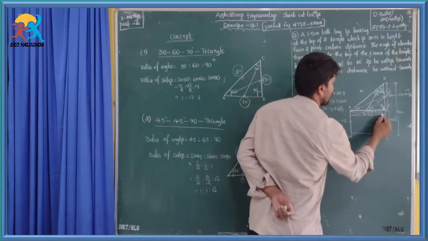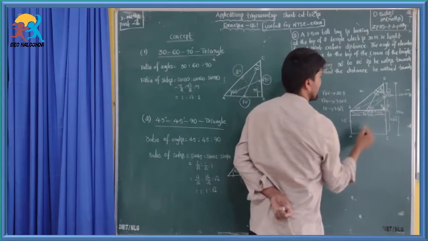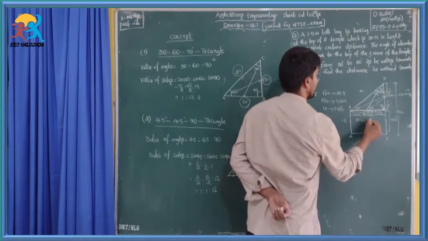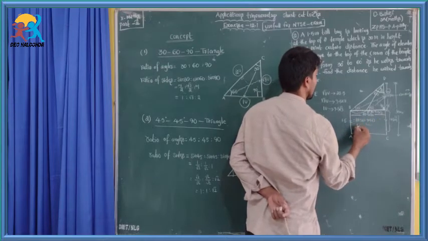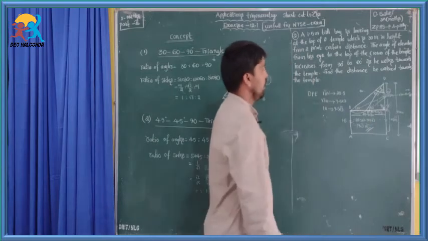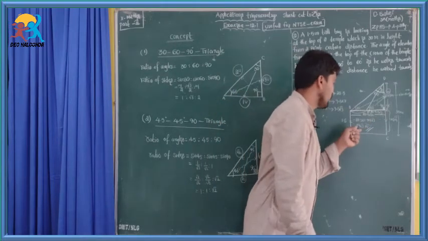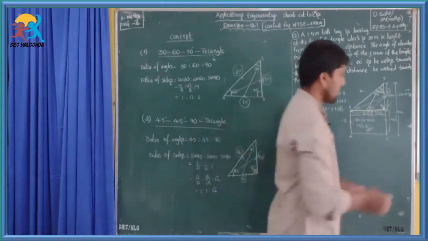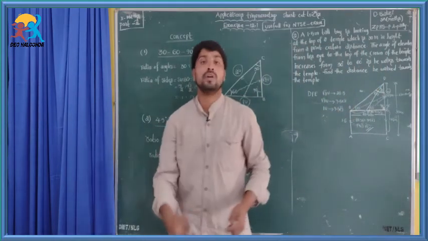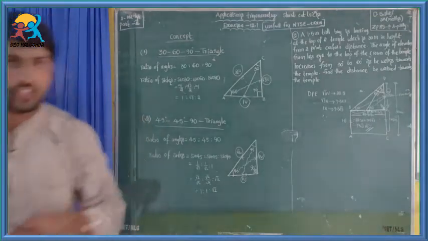Now we have to find this distance. Total is 28.5 root 3 and this one is 9.5 root 3. Subtract 28.5 root 3 minus 9.5 root 3. We get 19 root 3 meters. This is the distance the boy walked, BF equals 19 root 3 meters. Okay, this is how we can solve the questions by these tricks.